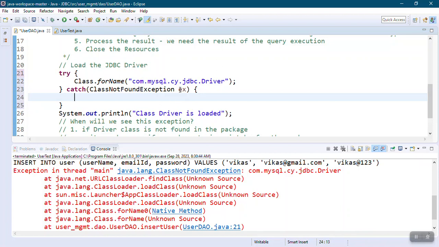Now I am not correcting this package name yet, because I want to see: if I provide this try catch block, is this exception handled? If it is handled, what kind of output will we see in the console? In the catch block, I want to provide a meaningful message to the user. So what meaningful message? Let us say there is a mistake in the driver class